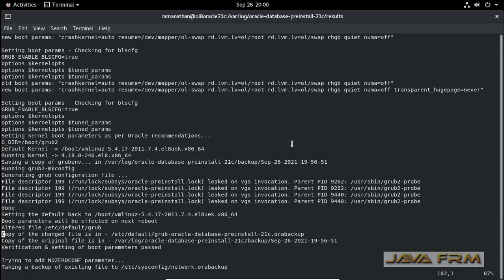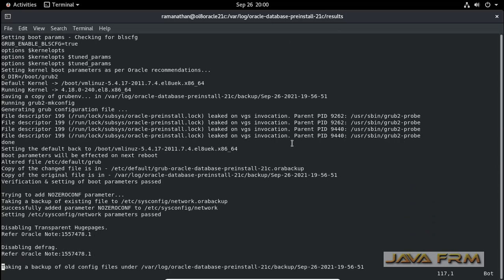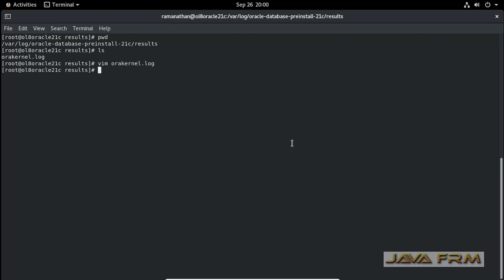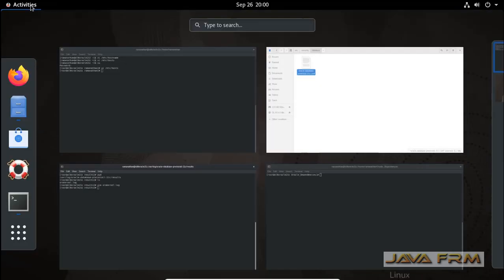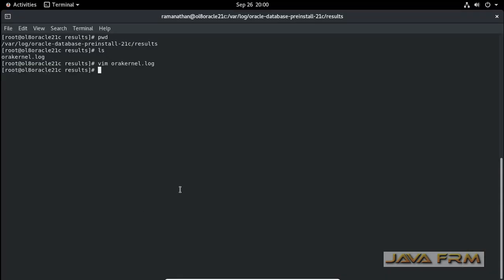It takes a backup of the previous configuration files, and you can also see other settings modified accordingly. So there is no need for manual work here; everything is done automatically. If you want to see the log files of the pre-install, you can go to this path under the /var/log directory. oracle-database-preinstall-21c log is the name of that log file.